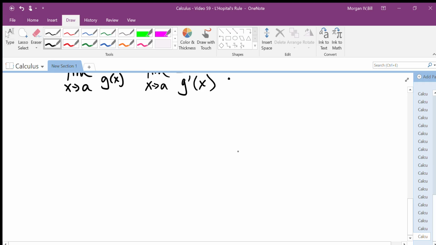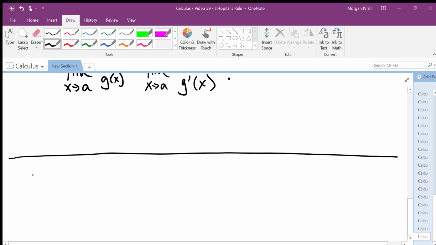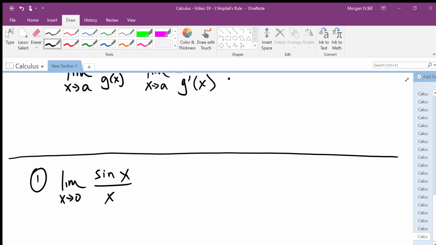In one of the earlier videos, we did a proof of the limit as x goes to 0 of sine of x over x. And the proof was quite lengthy. I think that video might have been 20 minutes long or something. It involved the squeeze theorem and geometric shapes. We had a triangle, which is smaller than